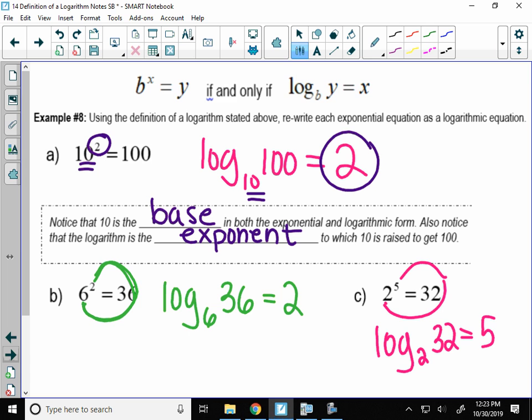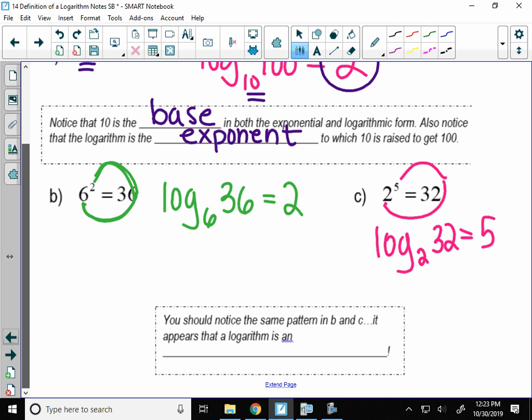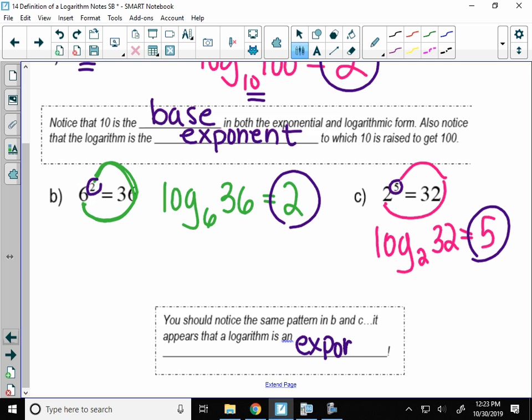But one more thing, I just want to reiterate this because it's going to be helpful. You should notice the same pattern as above, that the answer for the logarithm was always what part of the expression? The exponent. Now, why do I keep saying that? Well, not tomorrow, but on Friday, we are going to use logarithms to help us solve other kinds of equations. And those equations are going to look something like this. Like 12 equals 6 times 3 to the x.